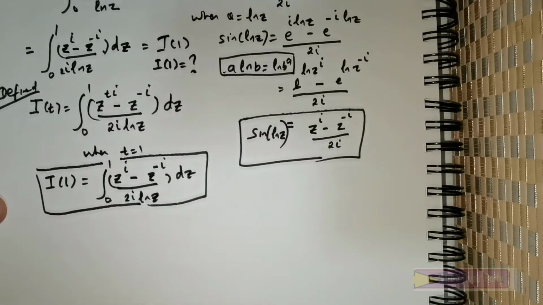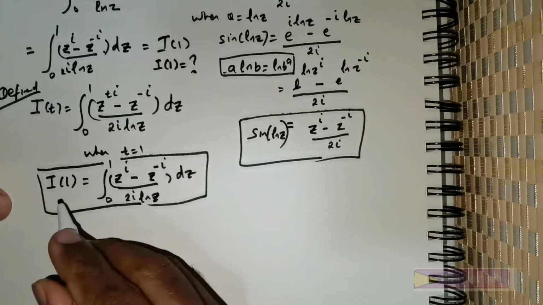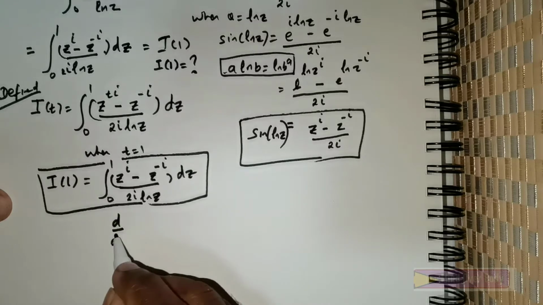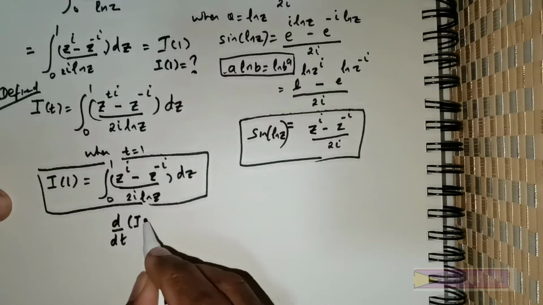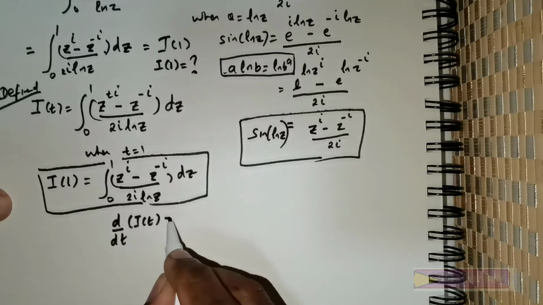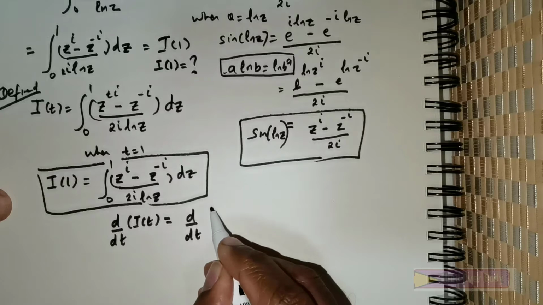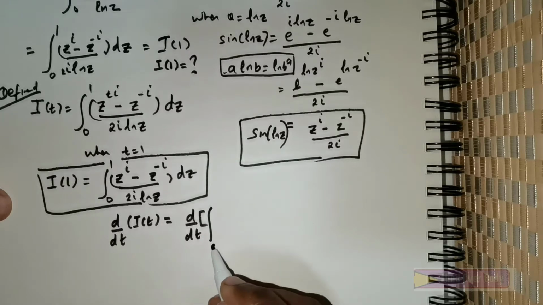We are going to differentiate both sides with reference to t. So d over dt of I of t is equal to d over dt of the integral from 0